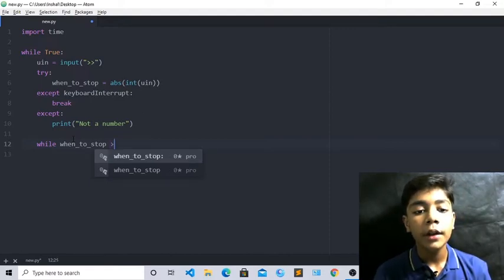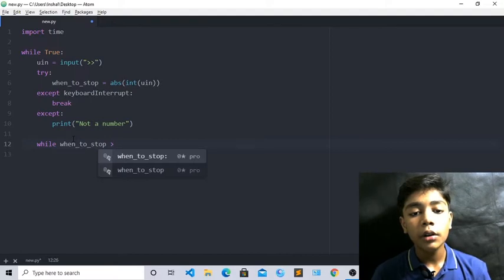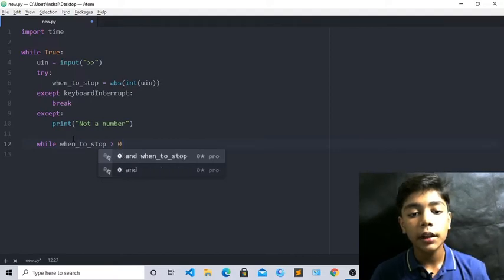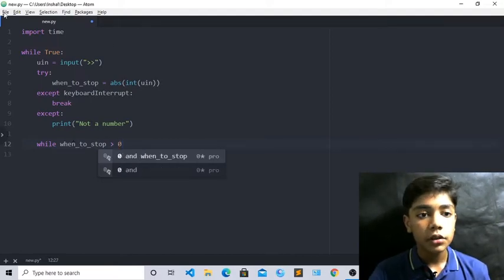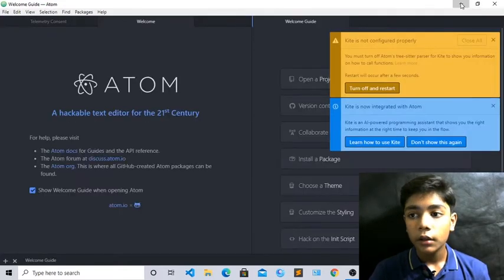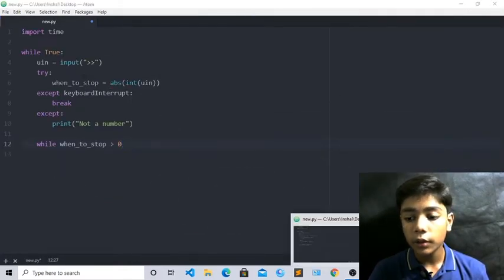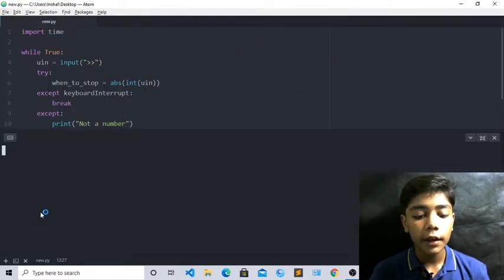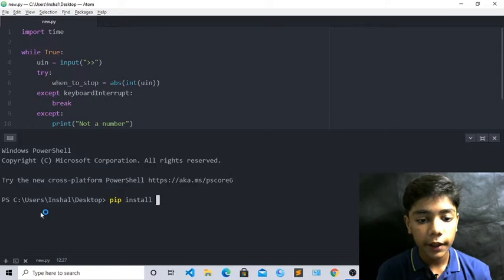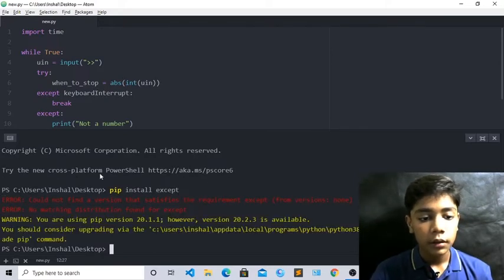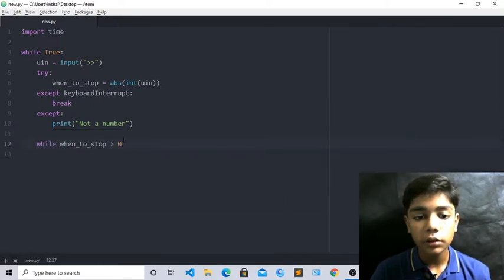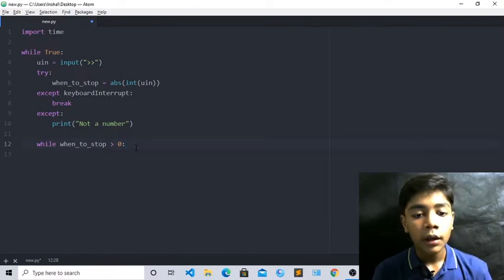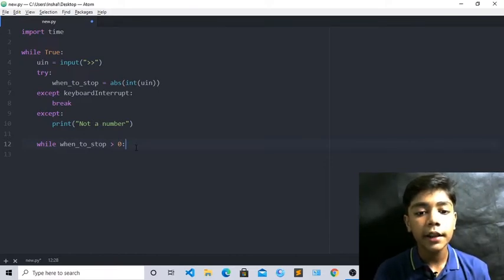Now when you have written this tag, in front of it come over here and write 0 again. Just first of all save from here. Now close it first of all. Now just save here, come over here, write pip install accept. Okay, now error again. Now just close. Now we will write semicolon here, again and again semicolon. When you have written this semicolon again, just press enter here.